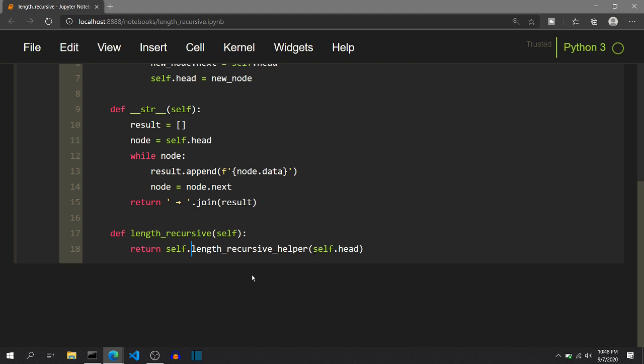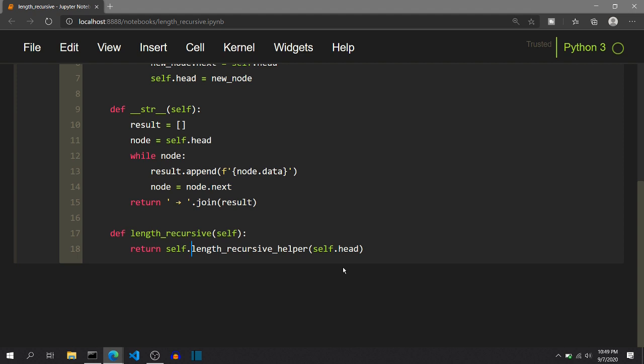To visualize how this recursive function will work, let's consider the boundary case first. If the self.head is none, that is, there is no node in the linked list. So if the node passed inside the recursion function is none, it should return 0, that is, the length of the linked list is 0.